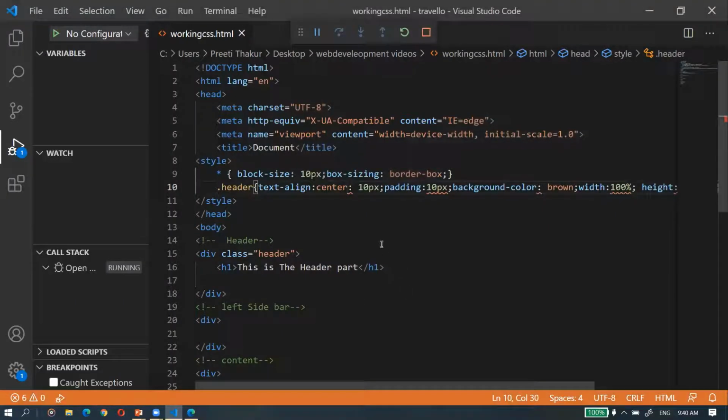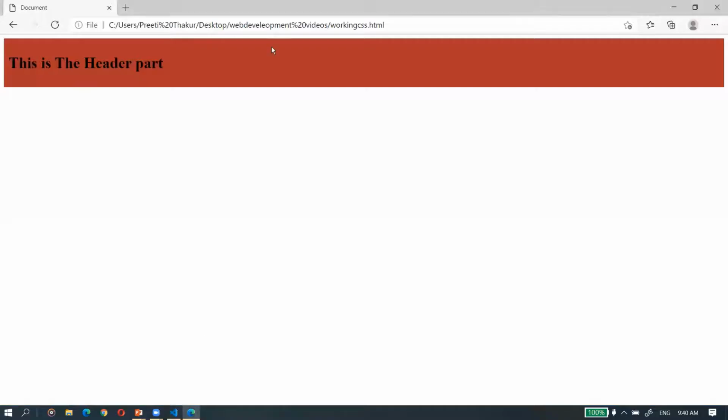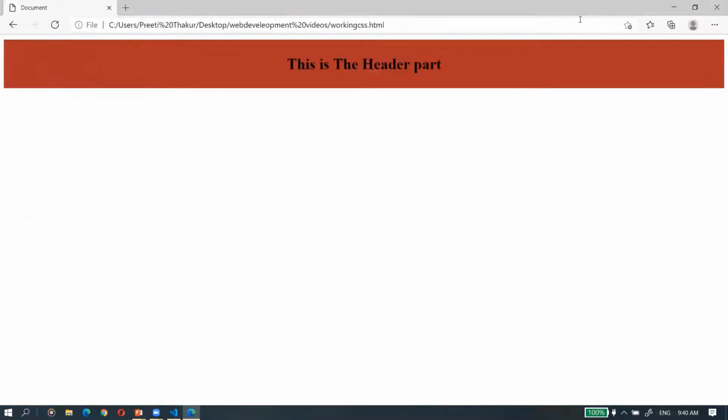Text align center. Okay. Now it will work. Right, so this way my header is done.